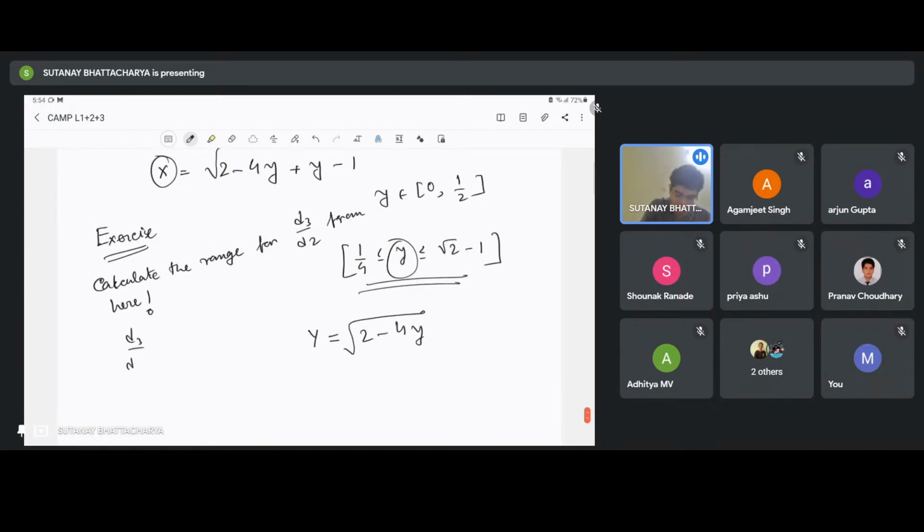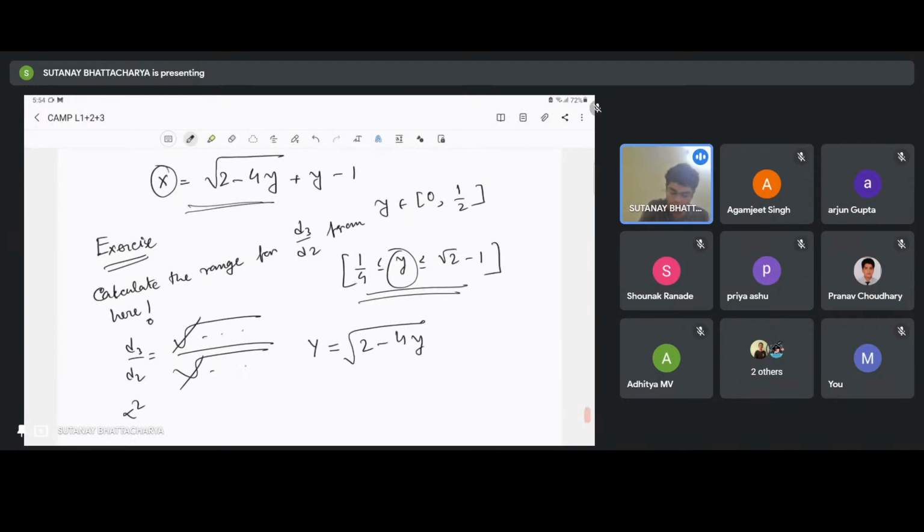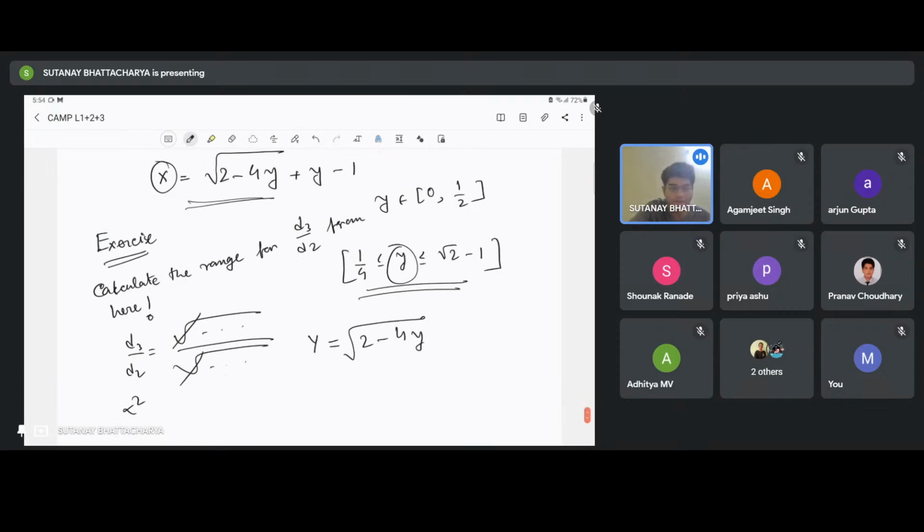d3 by d2, d3 is square root of something bad and d2 is square root of something bad. So what we want to do is actually calculate the range for alpha square. So that gets rid of these square roots. And when you plug in the value for x, which from this equation, you get still more square roots. So to get rid of that, you introduce this new variable y and figure out where y varies. And you figure out an expression for alpha square, which will turn out to be something like,